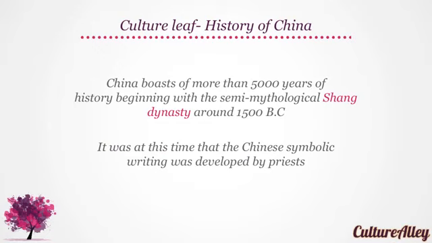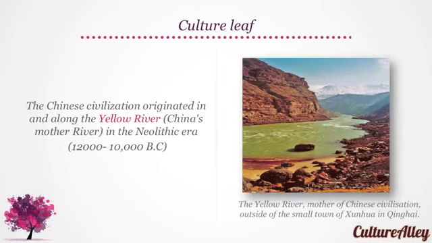Today, we will discuss the history of China. China boasts of more than 5,000 years of history, beginning with the semi-mythological Shang dynasty around 1500 BC. It was at this time that the Chinese symbolic writing was developed by priests. The Chinese civilization originated in and along the Yellow River, which is China's mother river, in the Neolithic era of 12,000 to 10,000 BC. Here, you can see an image of the Yellow River outside of the small town of